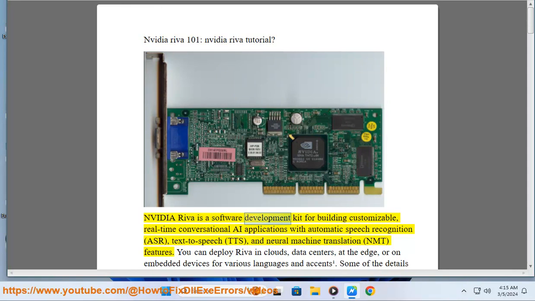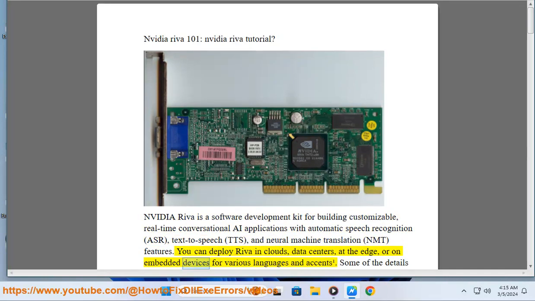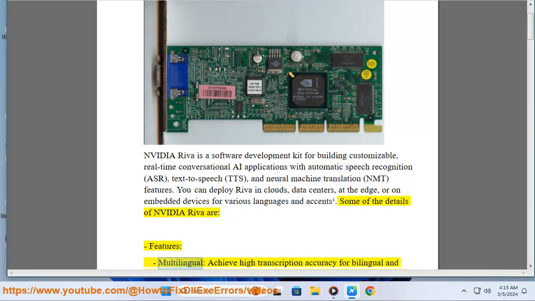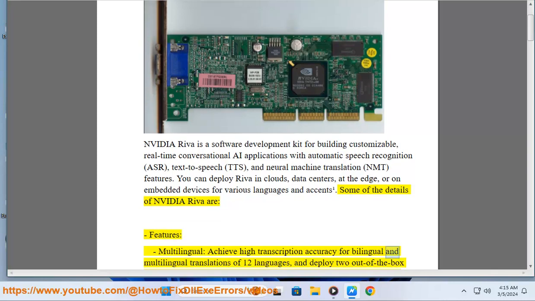NVIDIA Riva is a software development kit for building customizable, real-time conversational AI applications with automatic speech recognition (ASR), text-to-speech (TTS), and neural machine translation (NMT) features. You can deploy Riva in clouds, data centers, at the edge, or on embedded devices for various languages and accents. Some of the details of NVIDIA Riva are: